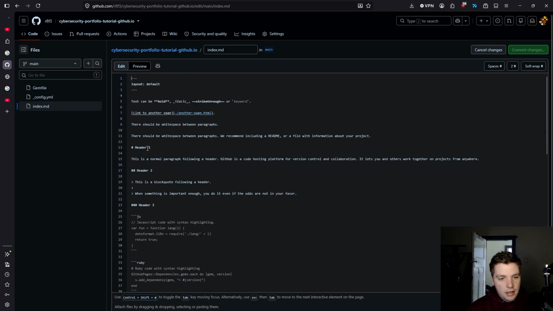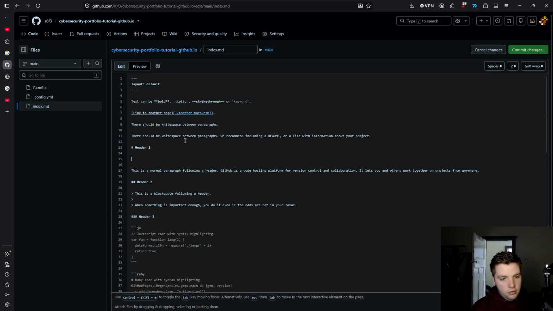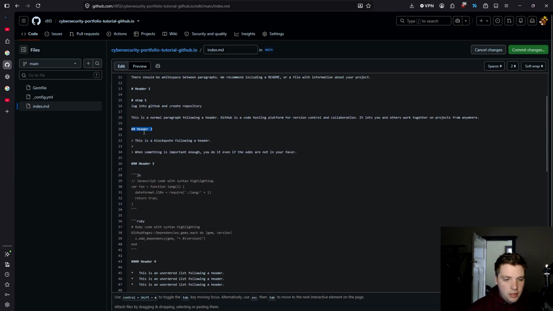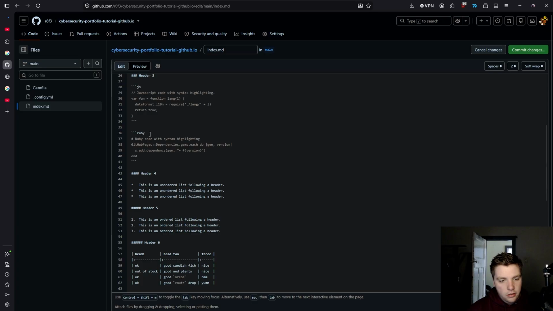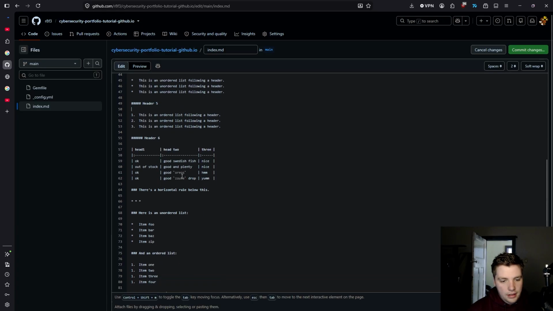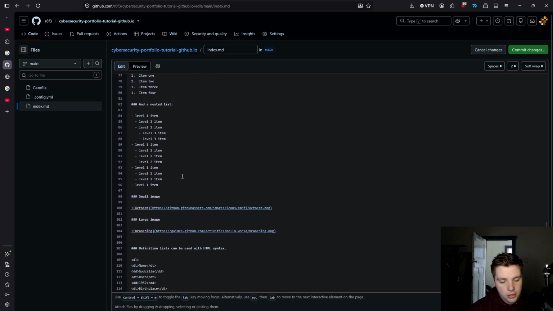So here we can see hashtag header. So if we do hashtag step 1, log into GitHub and create repository, that'll now enter in the header 1 format. If we wanted header 2, we choose 2 hashtags. Super easy, super wonderful, and this is pretty much all of the ways we have to go about achieving things